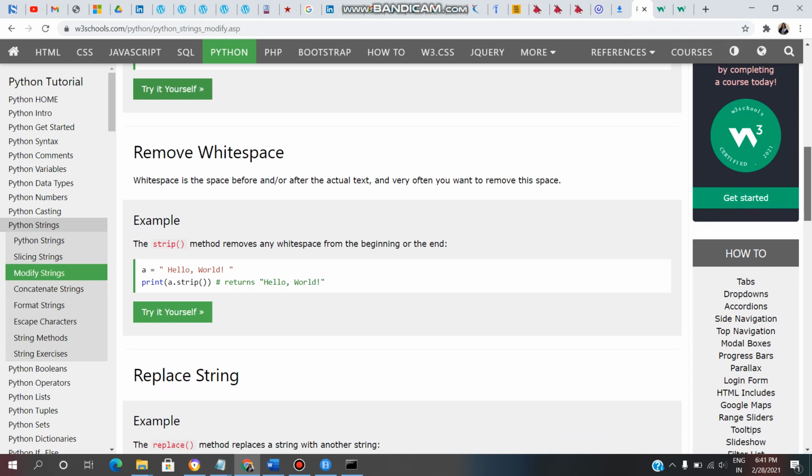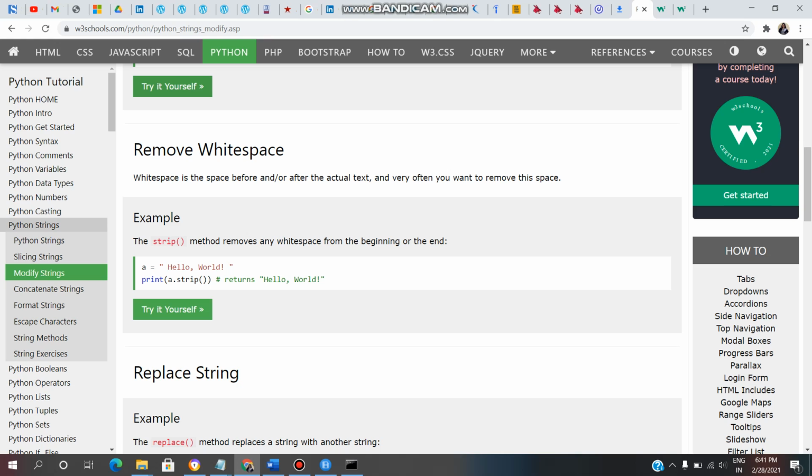Now remove white space. White space is the space before or after the actual text, and very often we want to remove this space. So this is the strip method, which removes any white space from the beginning or the end of the string.